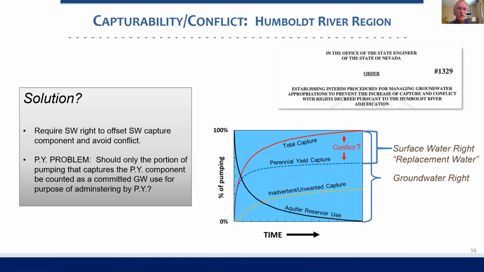Technically speaking, I'd argue that the answer is no, but administratively, and particularly on a statewide basis, right now at least, it may be impossible to split out sources of captured water for all wells in the state when we don't yet have the scientific tools to do so, particularly on a statewide scale. So this example illustrates the tricky question of how to manage water by perennial yield in regions where groundwater and surface water are connected, and each may need to be ultimately accounted for.